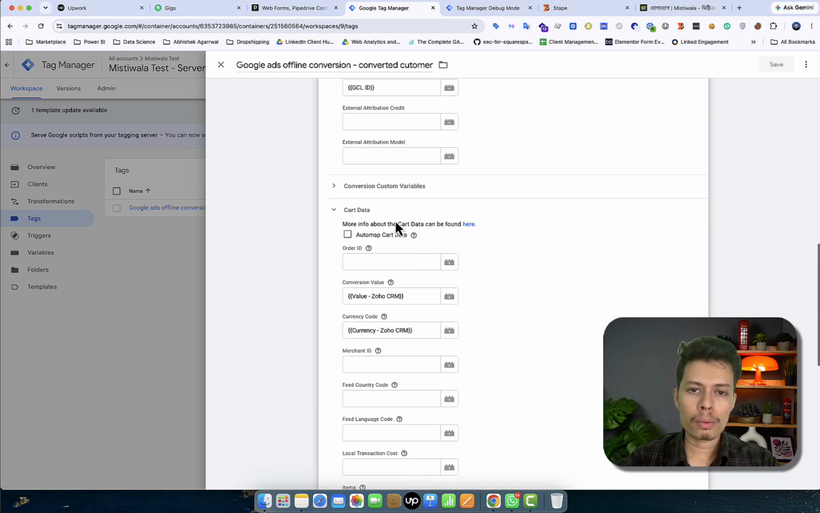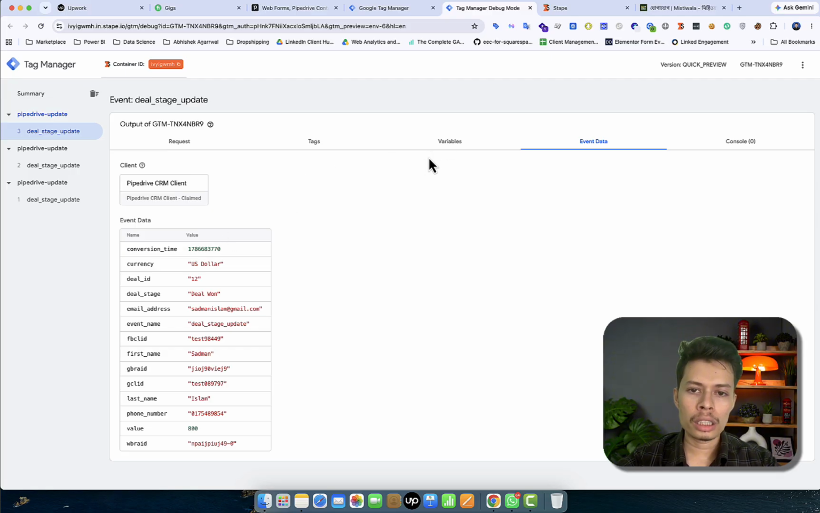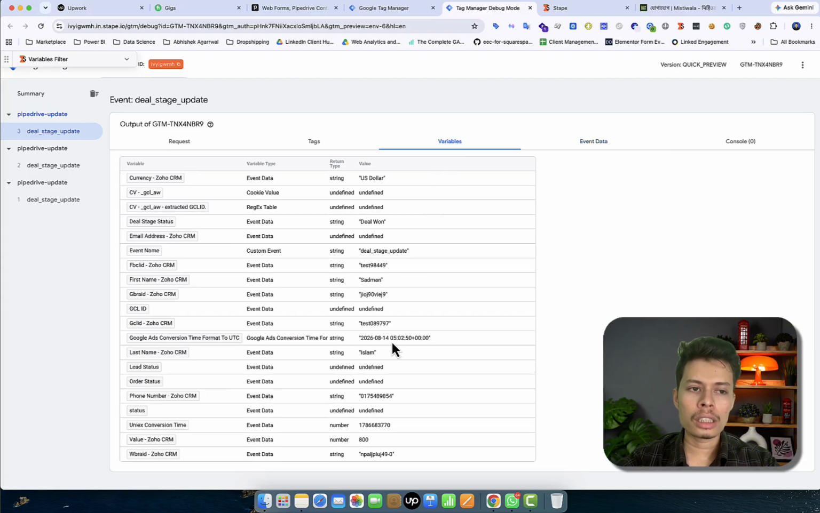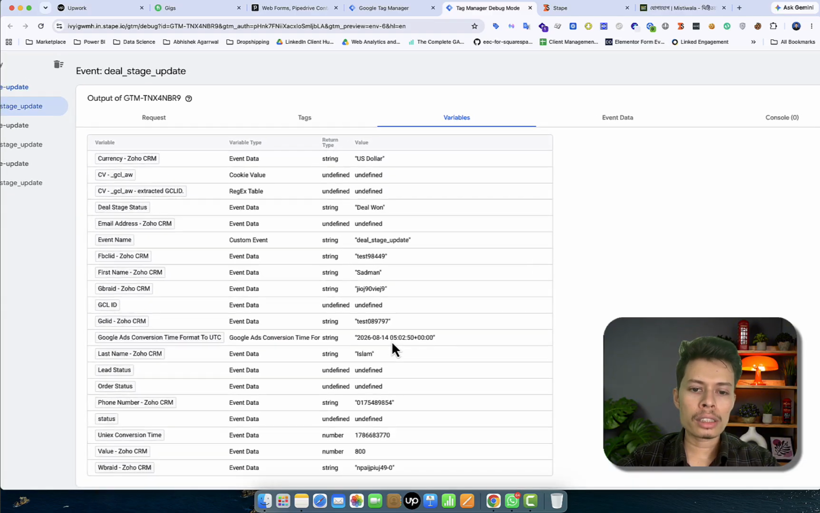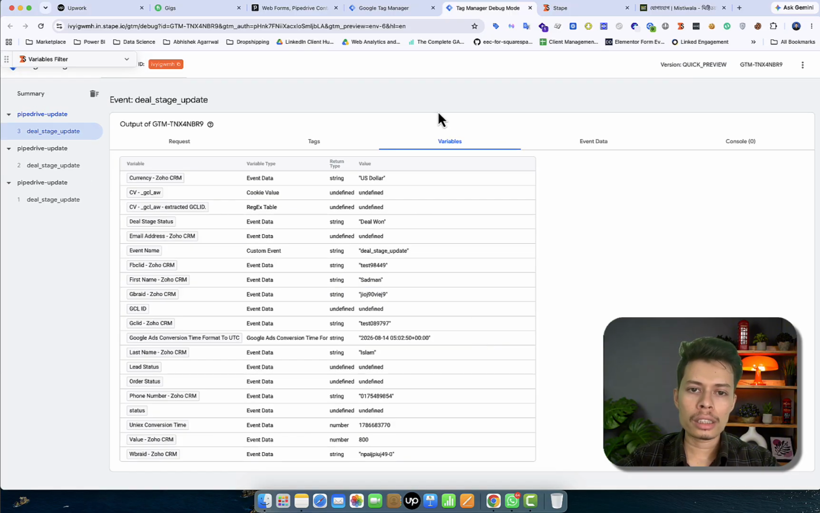Also there is an option for the conversion time. This is the conversion date time. We can put here this information that we get in the variable section. This is the UTC time. Okay, and as you can see, this is the current time. Actually, as you can see here, this is the current time, the UTC current time. Okay, that's the thing. And now we can send the offline conversion to Google Ads easily,